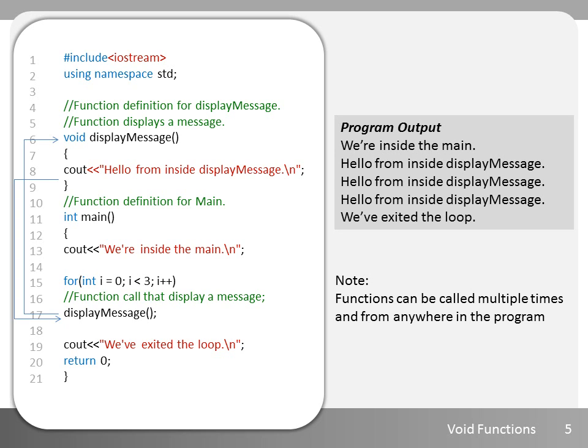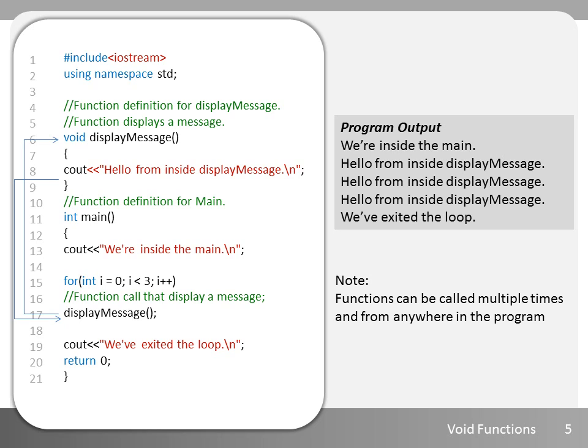Once it's done, we go back to where we left off inside the for loop, and now the loop ends and i equals 1. So we have to repeat that process again of calling the function displayMessage and printing out hello from inside displayMessage 2 more times before leaving the loop. After it exits the loop, it'll proceed to print out we've exited the loop, and it terminates. On the right-hand side, we have the program output, and we can see how it repeated the displayMessage function 3